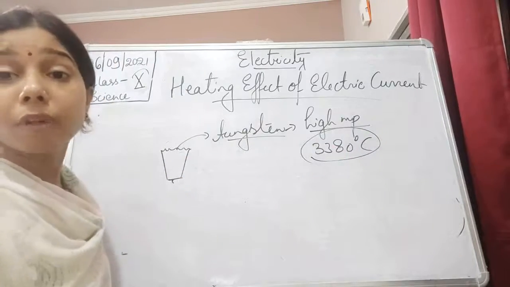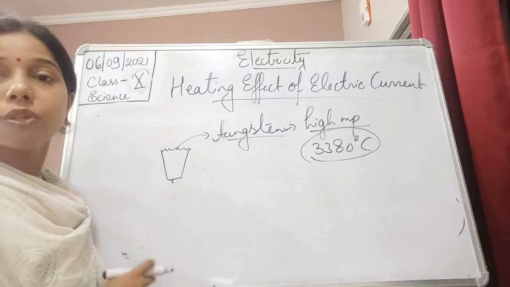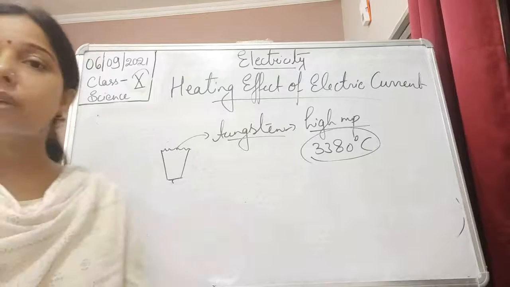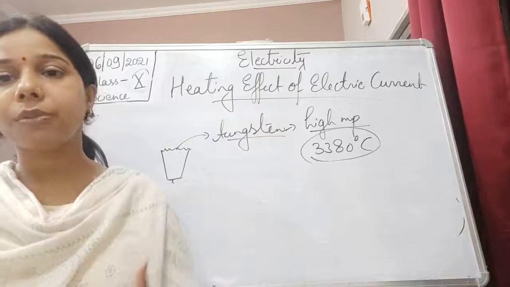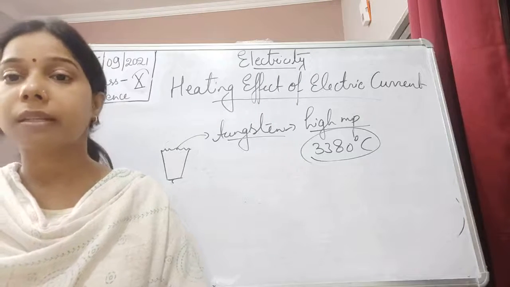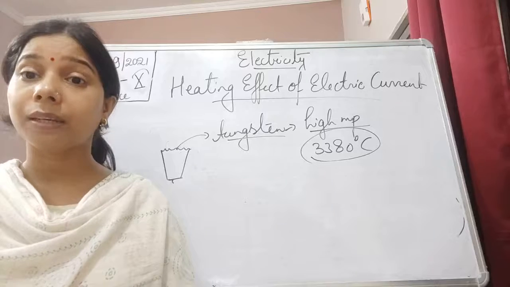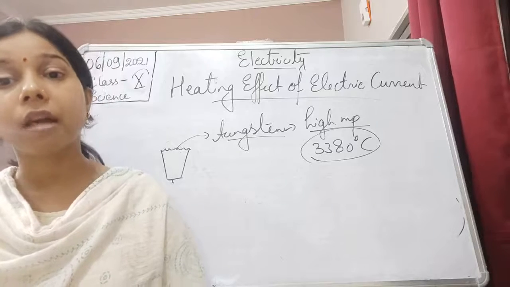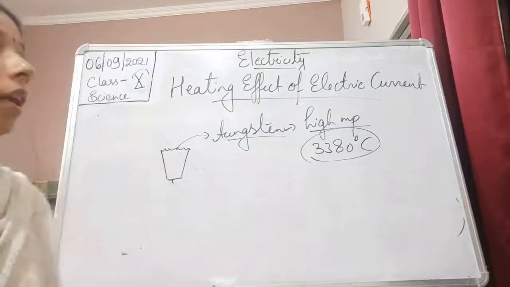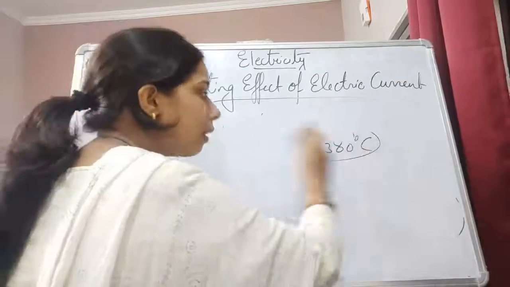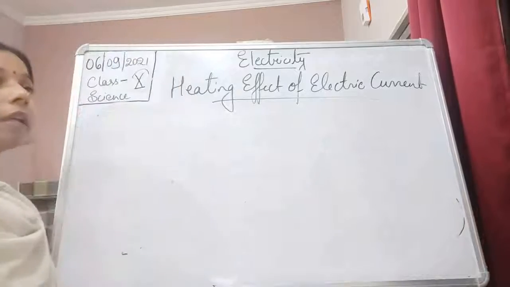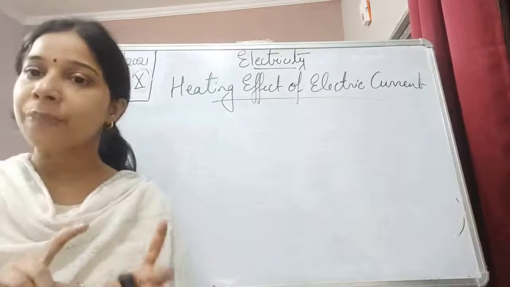So what happens when the electric current flows through the bulb and enters the filament? Due to the continuous flow of the electric current, it starts producing energy which we call heat energy. And not only heat, it becomes so hot that it also produces light. So we can say that the heating effect is not restricted to heat; when electric current flows through the metal, it produces heat as well as light.